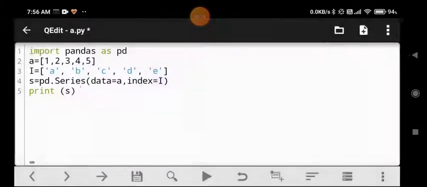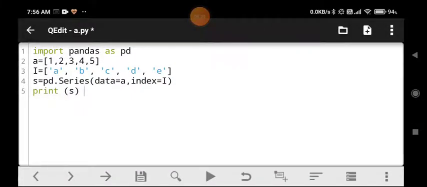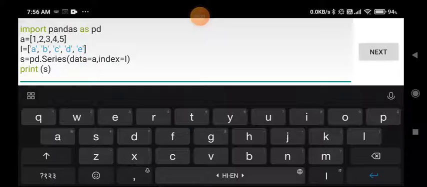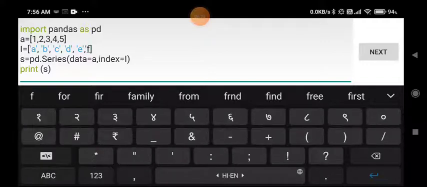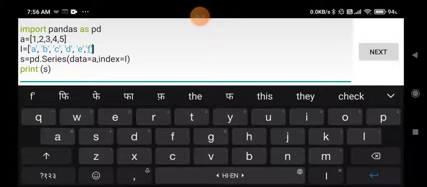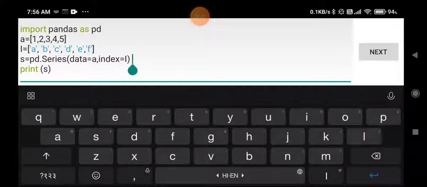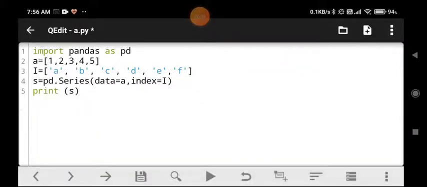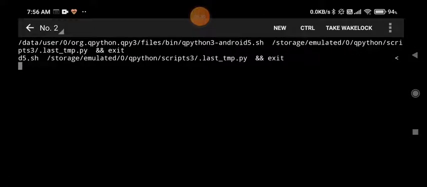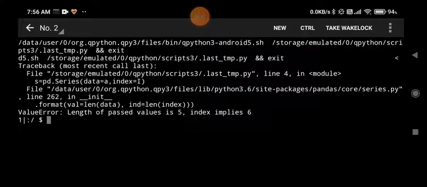Now students, suppose instead of writing a, b, c, d, e, we have also written f. At this point you can see that we are having 5 values in a but 6 values in I. If we try to execute it, we will get an error. Why will we get an error?